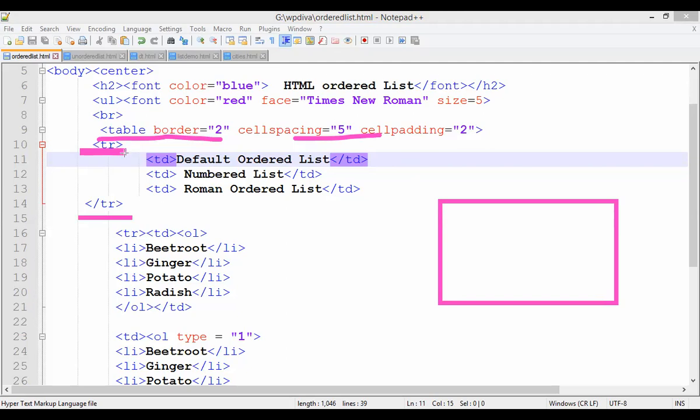See, first TR, what is going to happen? First TD, this is the second TD, and this is the third TD. So how is it going to appear, guys? So it will form what? 3 columns in the first row, right? So this is the first column, this is the second column, and this is the third column. So it is going to form how many columns? 3 columns, right? So this is the first TD, second TD, and this is the third TD.